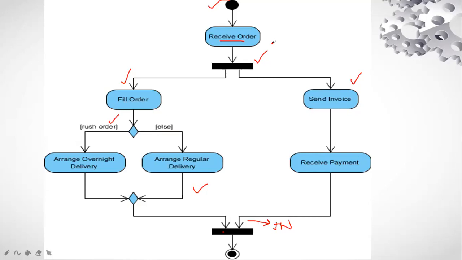And this was the fork node. This was the initial node. This is the decision node. This is the return, the execution return. And lastly, this is the final node, or you can call it the post condition. So this is how we draw the diagram. I hope you have understood it.